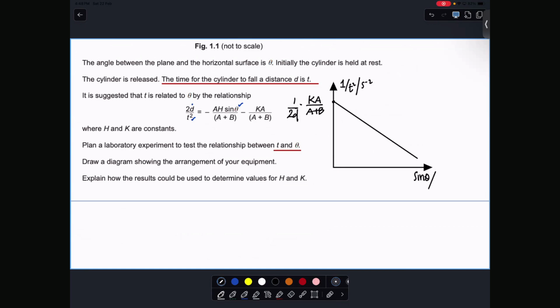Okay. Now negative to বাইরে নিয়ে নাও and plot it like that. Okay. তারপর what should the gradient be? h by this one, right? So minus a h by a plus b. That's gradient. In right, 2d থাকবে এখানে।